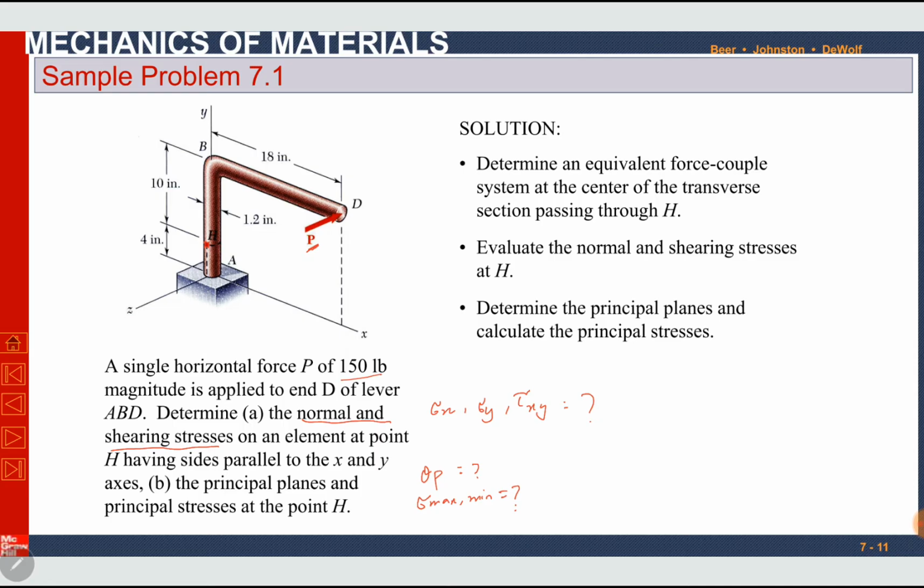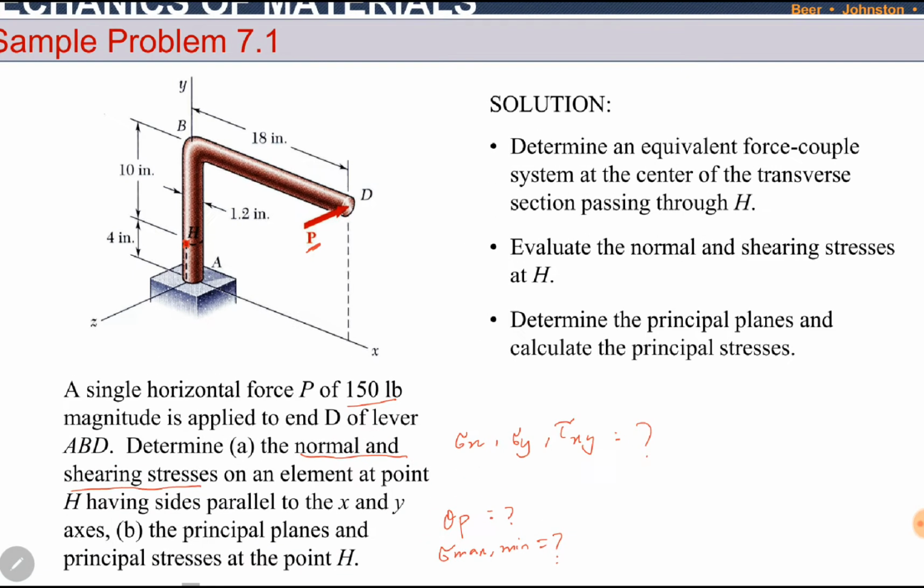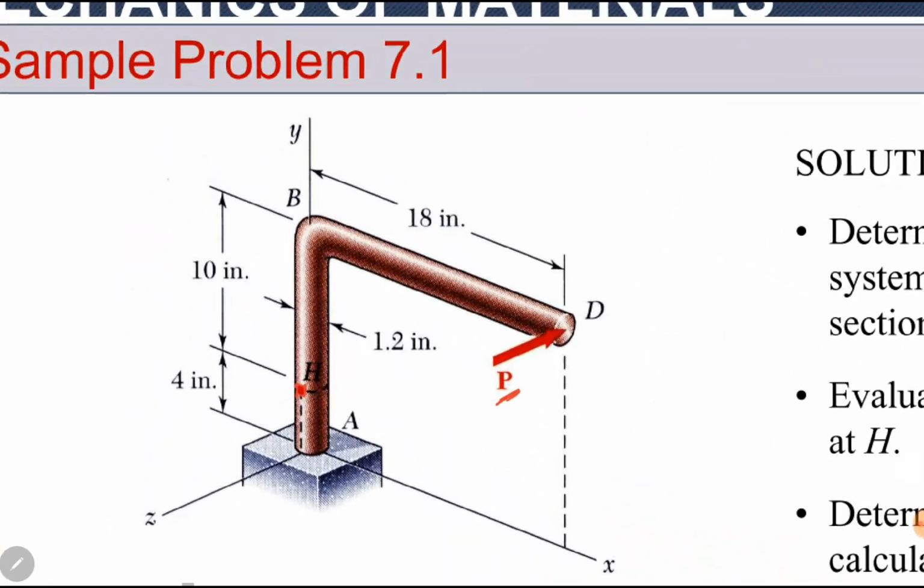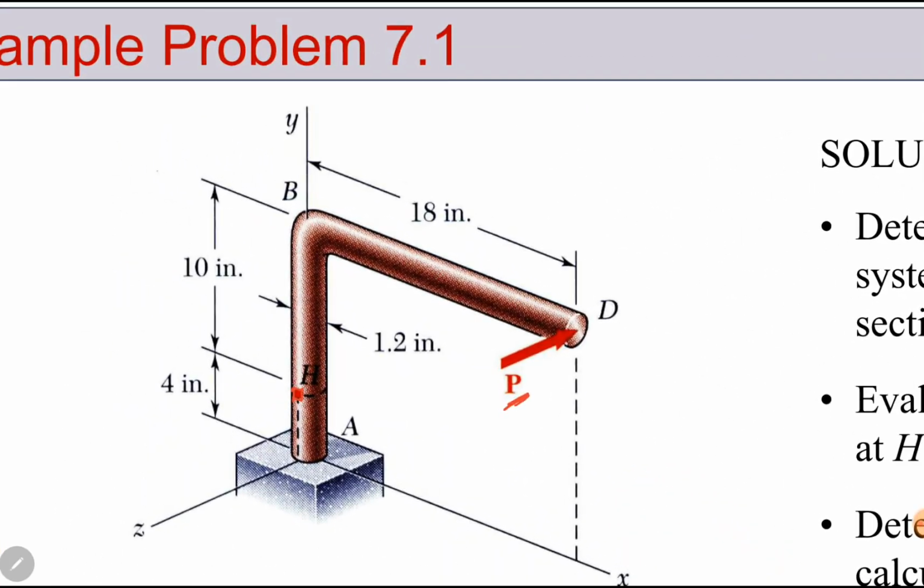So first we have to find the effect of force P at point H. If we move this force P from D to H, what do we have to do? We have to add a couple and a torque. This P is actually producing torque around the y-axis. What will that torque be equal to? That torque will be equal to P into